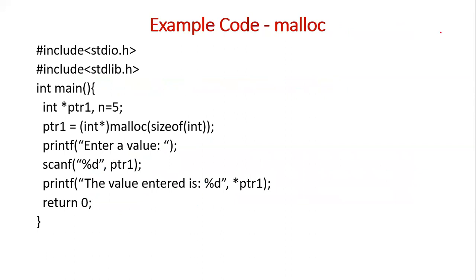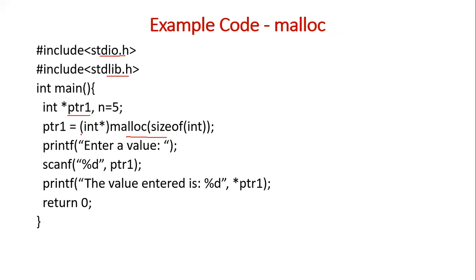So here is a simple program using malloc. In this program we are using only one pointer which creates memory to hold only one integer. We are including two header files, stdio.h and also stdlib.h, and there is a pointer ptr1, and n